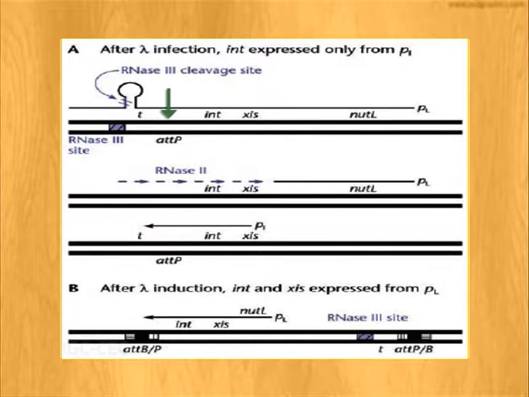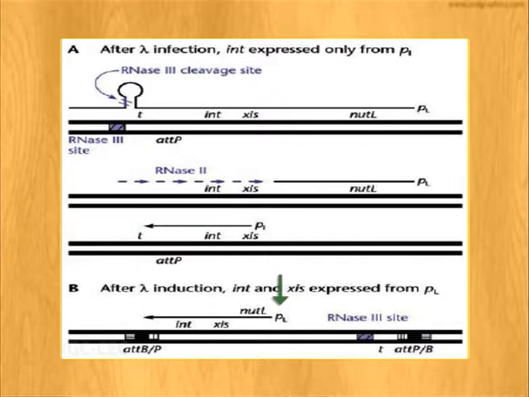RNase 3 cleavage site. So, during integration, this site is cut, and the genome integrates into the attachment B site. Now, at one end it has the INT gene, on the other end it has the RNase 3 cleavage site. They are separated now by the lambda genome. So, again from PL